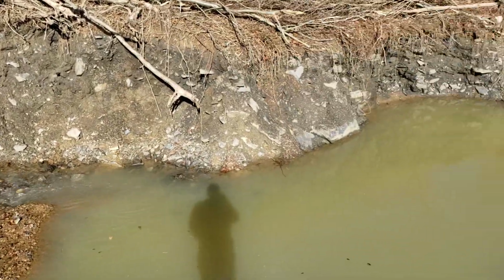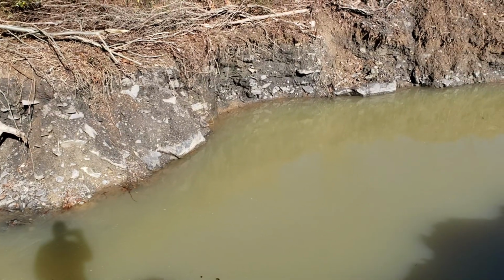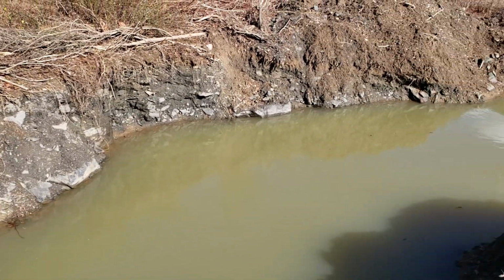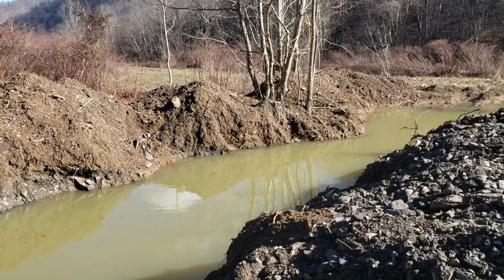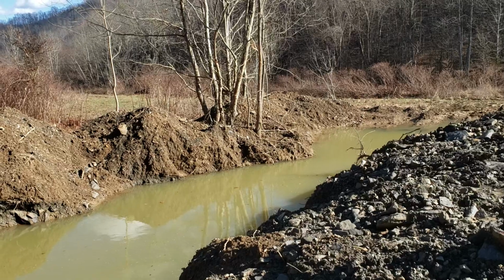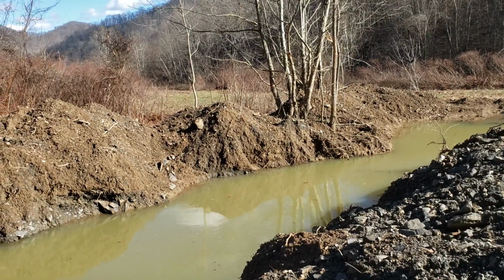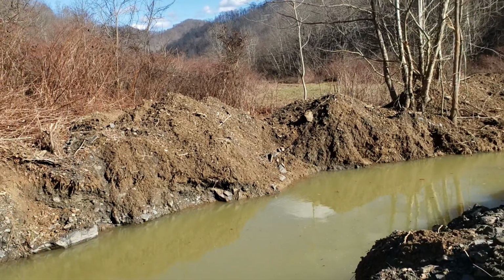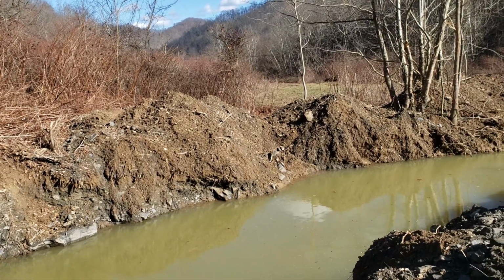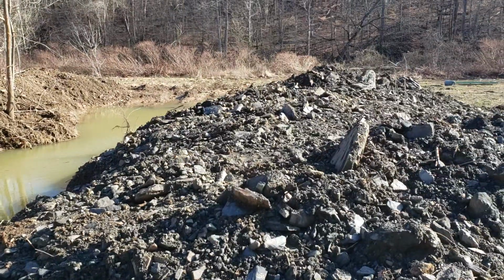But like I said, the last time when I was digging it out, it filled up a good ways, and then I think it was just leaching down into the ground and going underneath through the gravel bed, and it may always do that. This may be something where we have to put a pond liner in. Rosie, get out of the water. Sorry. But either way, we needed the rock, and I knew there was rock in this area, and as you